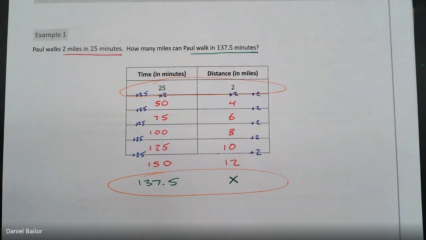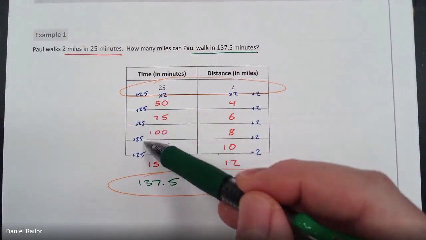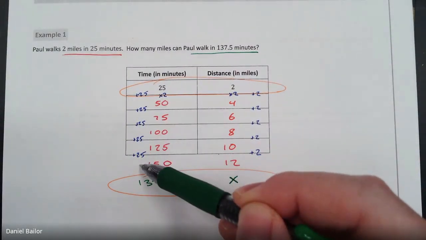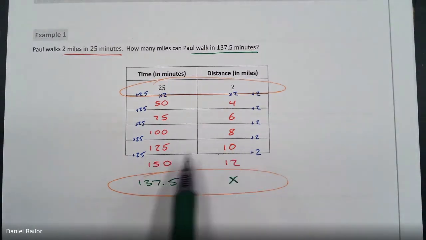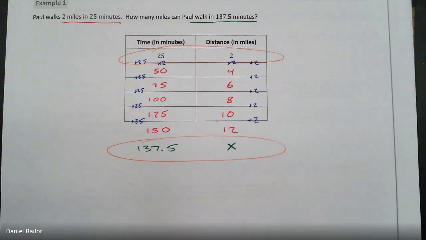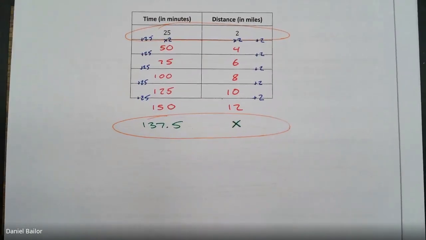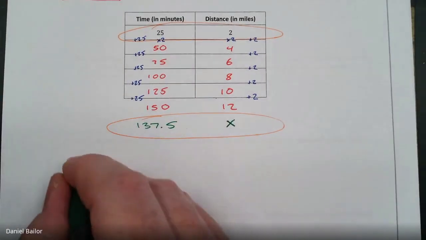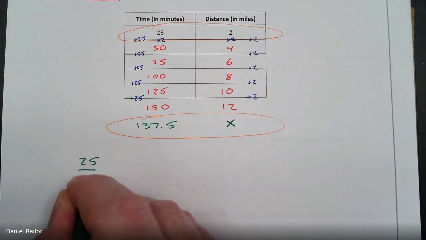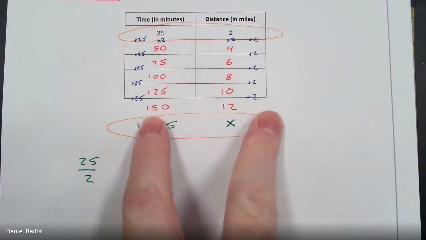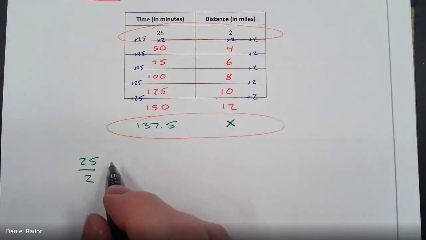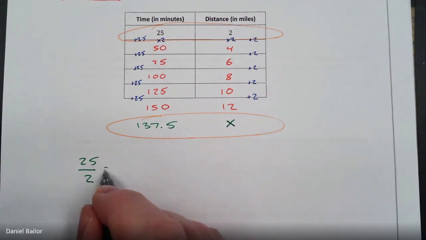We also know that it changes the same way. It's always changing the same way on this side, and it's always changing the same way on this side. So because both sides change the same way, that's a proportion. It's a fraction that we can write. So we can say, okay, 25 minutes means 2 miles. And because these are proportions, because they change the same way, we know that this is going to be equal to